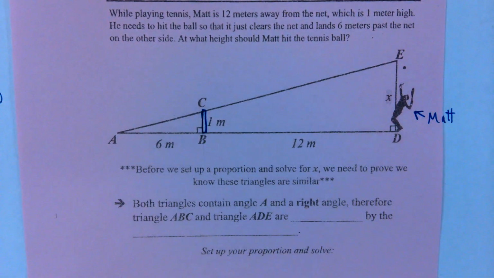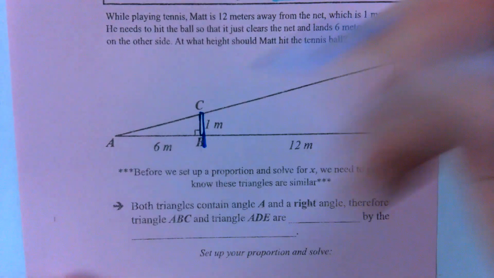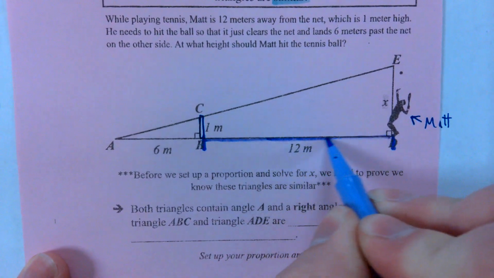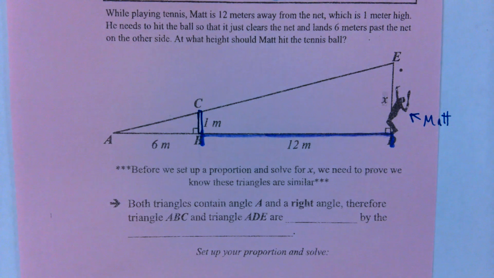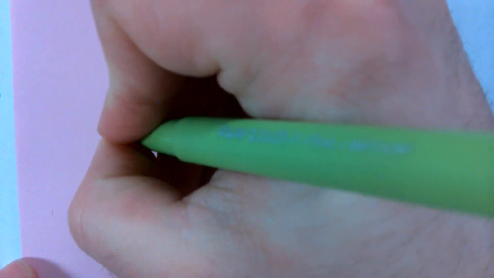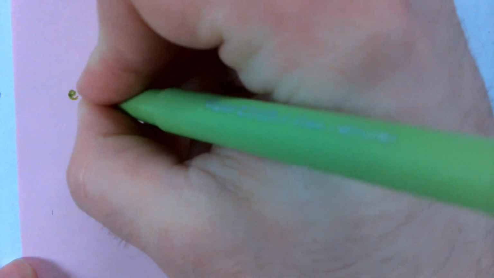So, the distance between Matt and the net is 12 meters. That's this line right here. 12 meters. Right? And where he wants the ball to end up is right here. End point